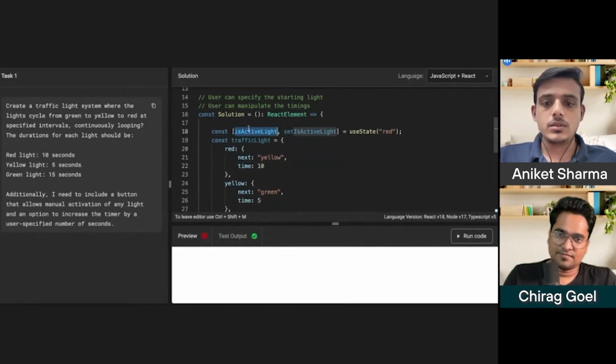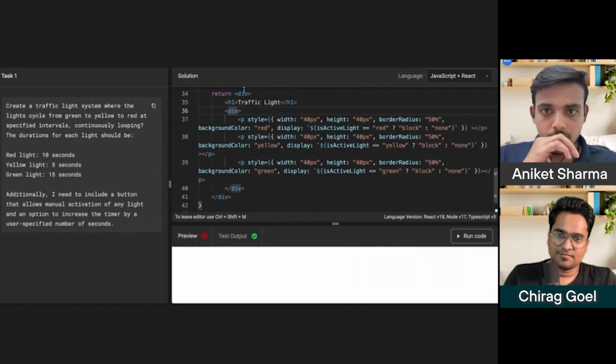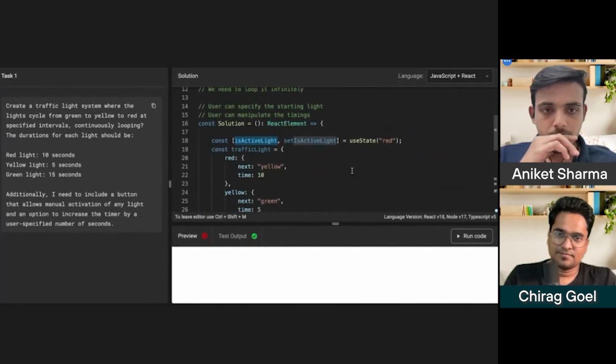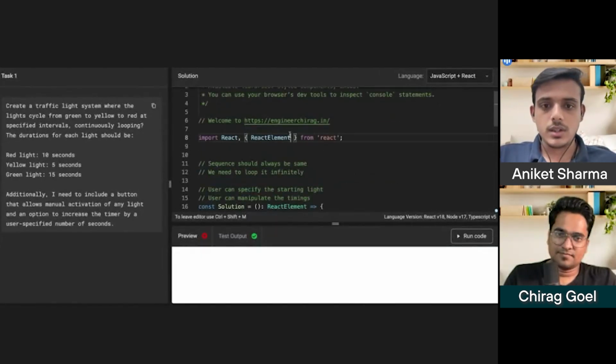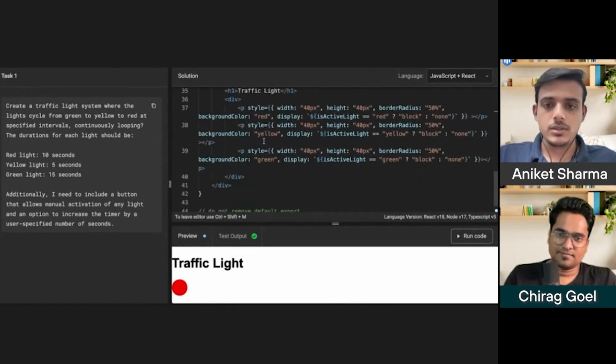Okay, so what would be the error? Okay, use state I haven't imported. Okay, we are able to see red light.